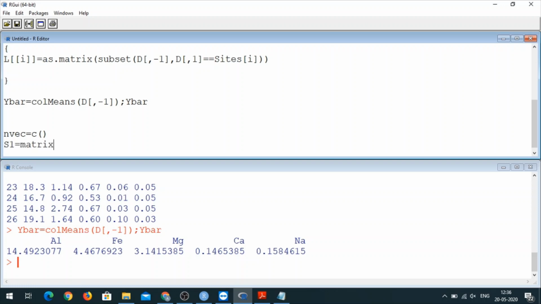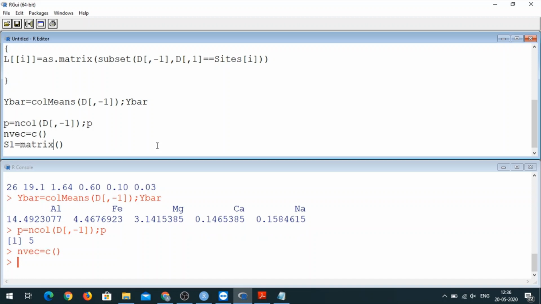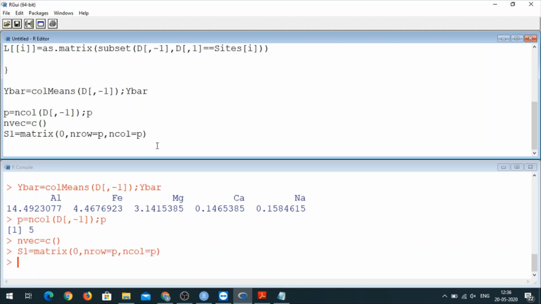As I said, let me create a blank matrix. I need to see what my P is. So n col of D minus 1. So my P becomes 5 as expected. So S1 is going to be a matrix of zeros where n row is equal to P, n col is equal to P. We will add each CSSP matrix to this S1 because finally we need the total of them.